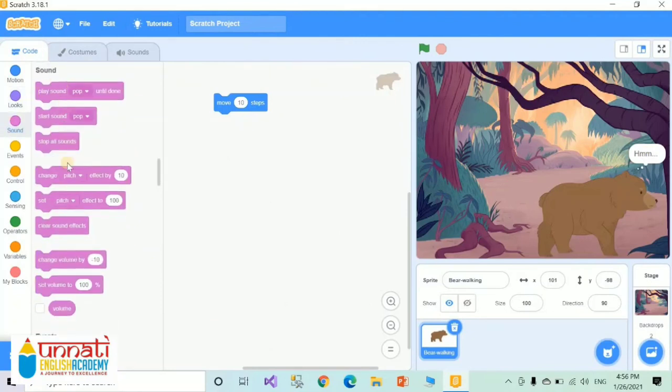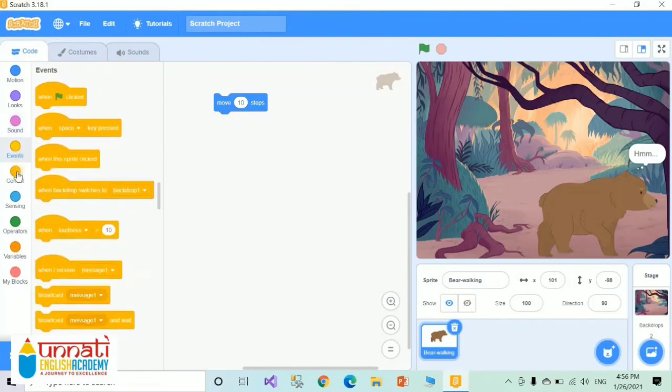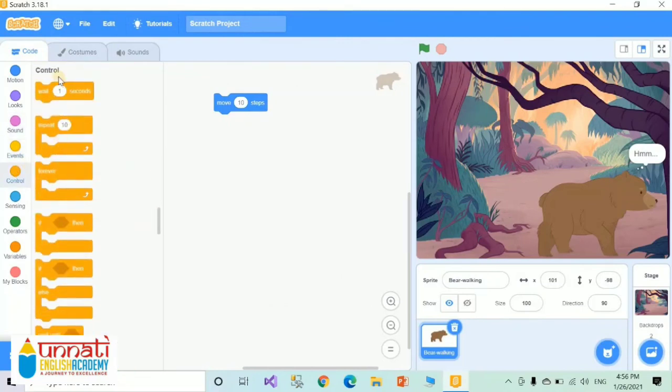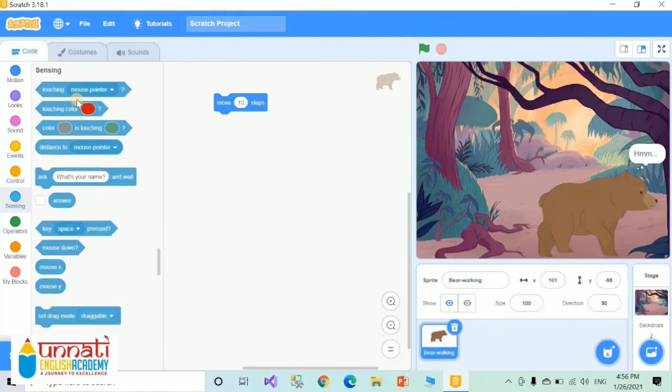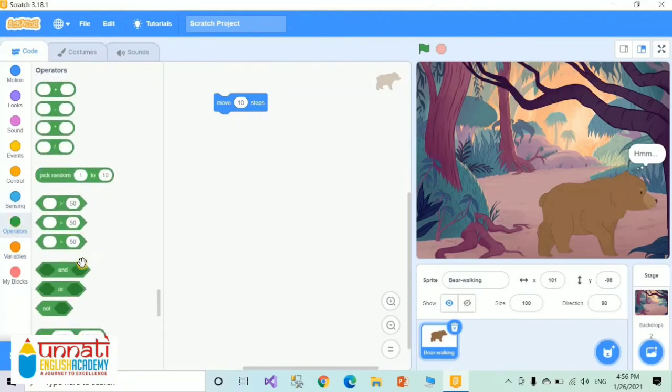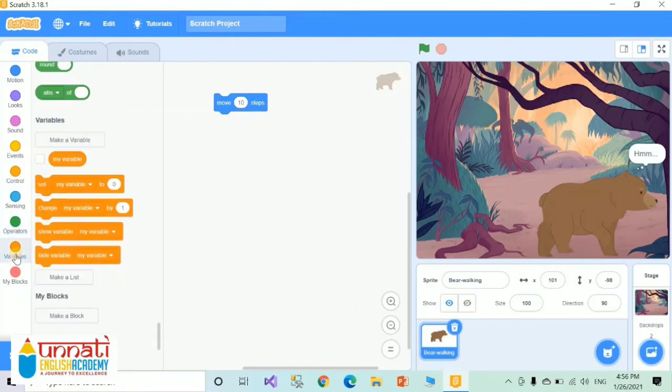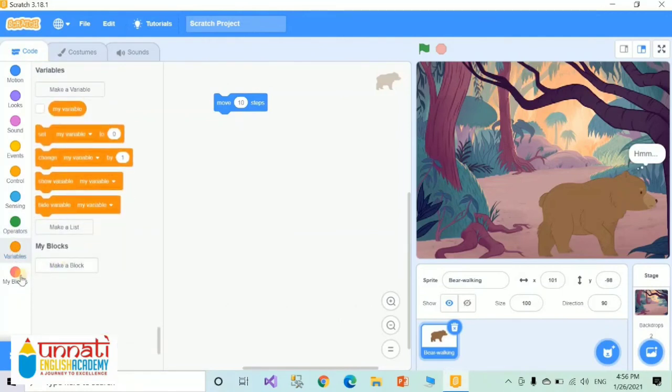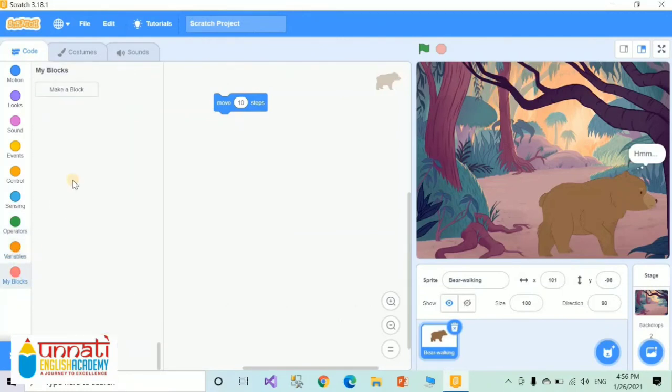So in the blocks palette there are many options available like motion, looks, sound, events, control, sensing, operators, variables, and you can also create your own block. And you can create your attractive animation by using these blocks.